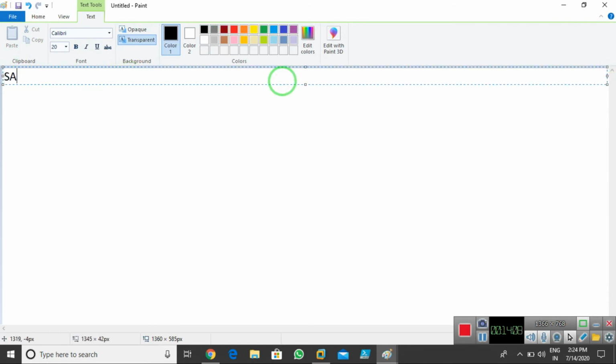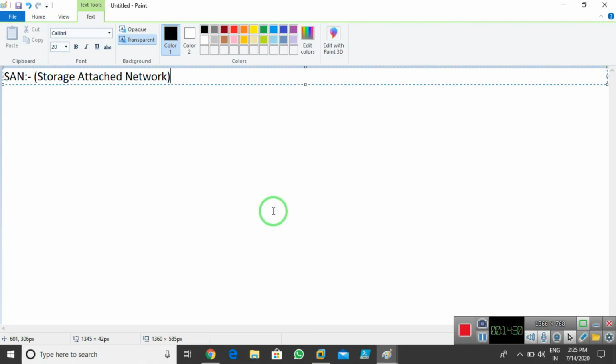SAN, the full form is Storage Area Network. So what is SAN? SAN also works on physical storage. In SAN also we have one physical storage.